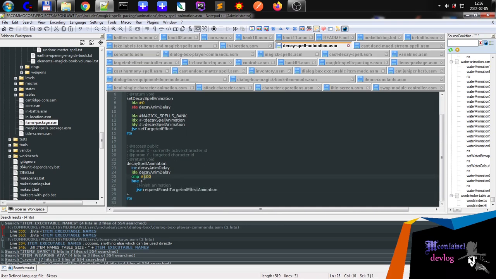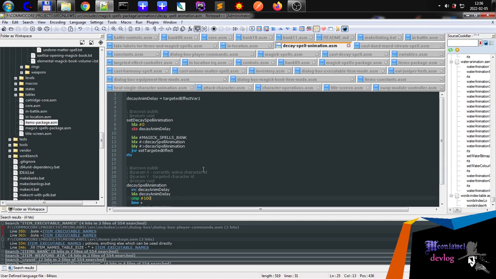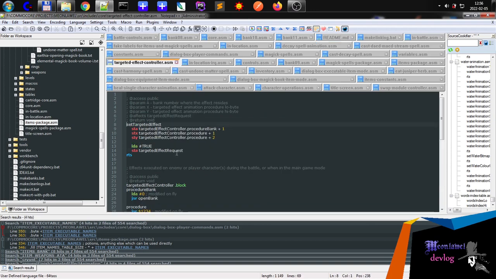After 100 times it's going to finish it, but this is where the animation is set for this spell. So you can see this is actually the function that is running from core. This is going to call it from the core,